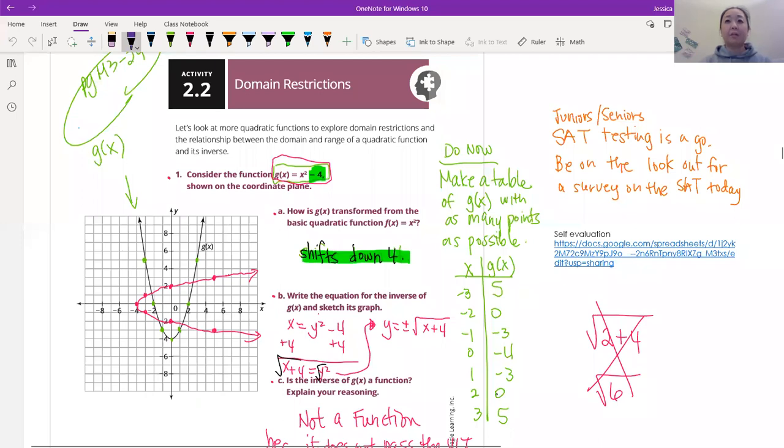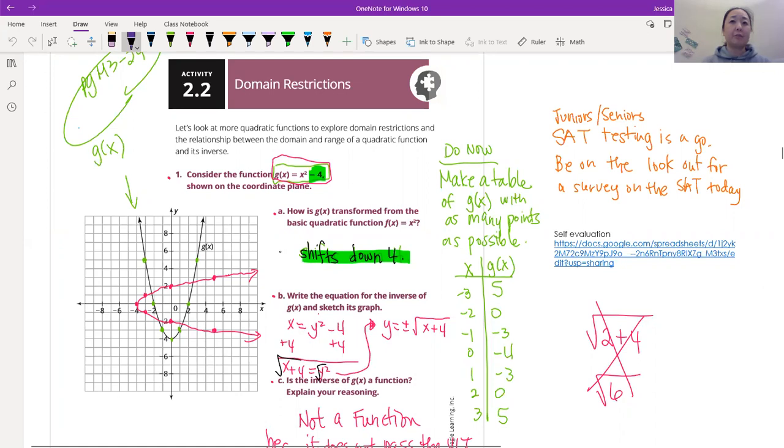Make a table of g of x with as many points as possible. And so literally if you notice the green points right here, I just kind of wrote them. Notice these ones were all in order. They don't all have to be in order, but those are all the points that we found. And if we notice right here, so